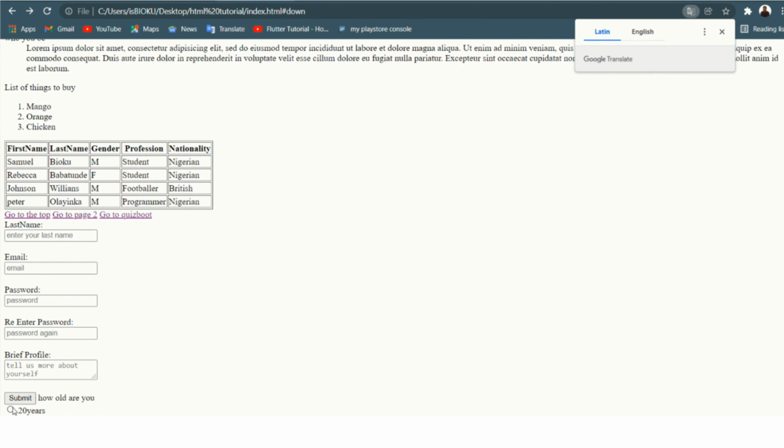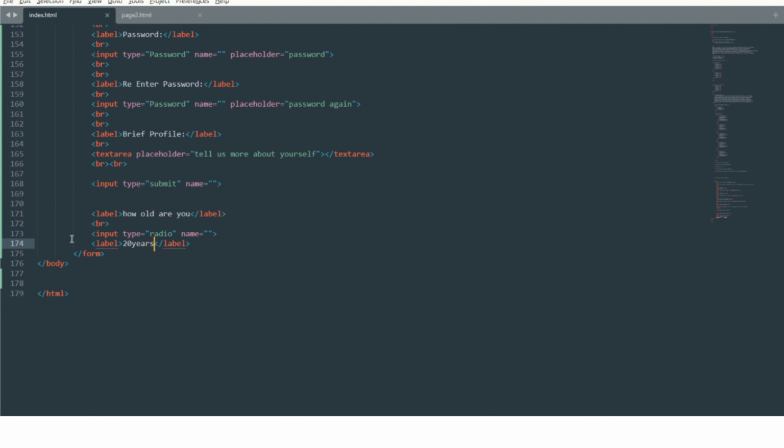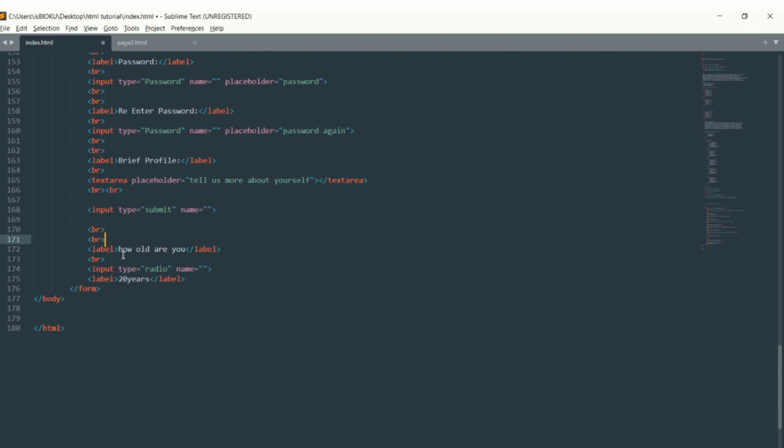Now you don see say we don get 20 here, but we go get multiple options because say na questions dem dey ask. So I go just come back here. I go first put break here so that I go create space, put another break so that I go create space between this submit and this label. Now I go create multiple radio button now. So I go just copy this one like this, put break here so that I go create space between these two, paste am. Instead of this one wey be 20 now, I go just put 25,